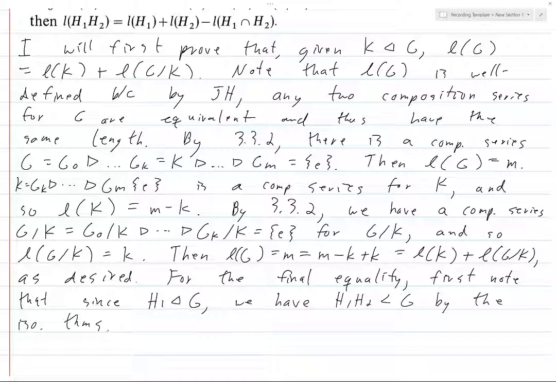Although then again, this is from Jacobson, so I should probably use the numbering from Jacobson. But I don't know if my class used the same numbering as Jacobson, and I don't feel like going back and checking, so you can check. So, H1 H2 is not only a subgroup, but in fact, since H2 is normal, these triangles are hard to draw as well,